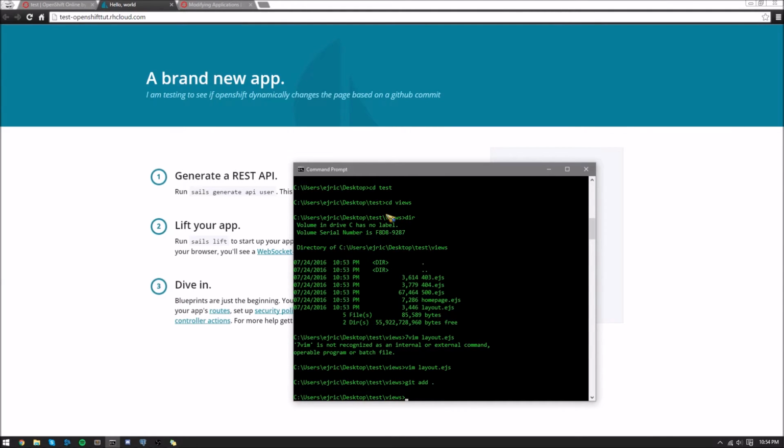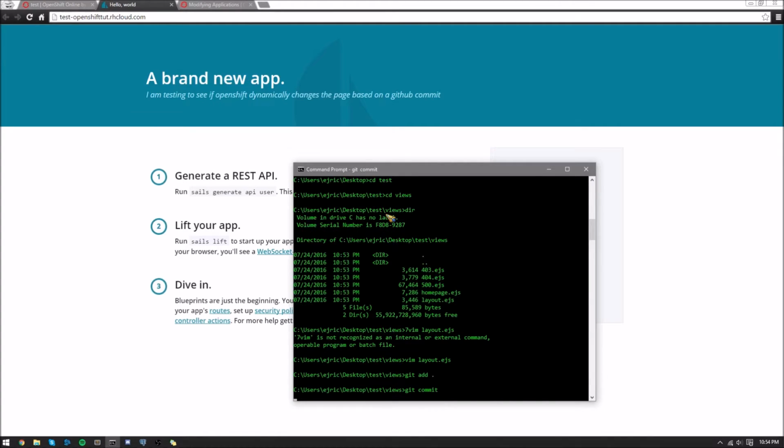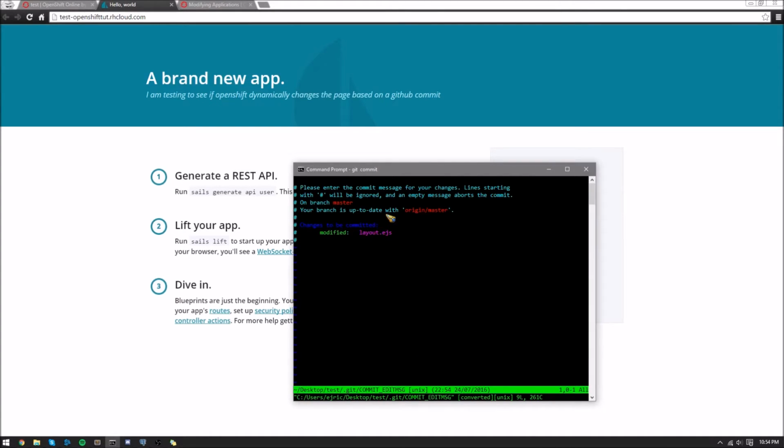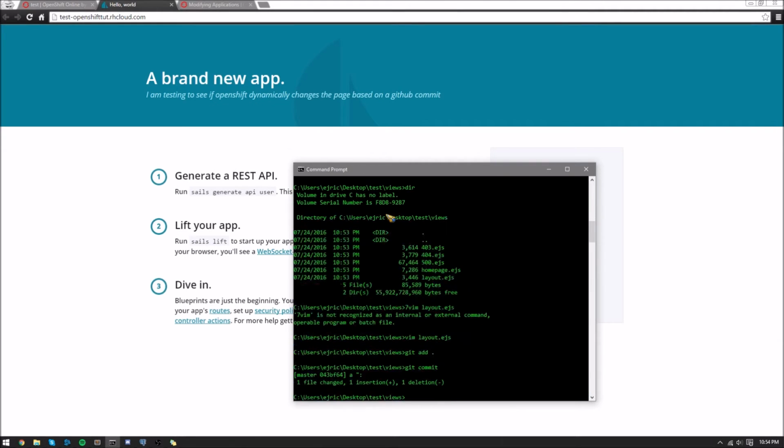This will queue all of the files and differentiated files onto the commit lineup, and then you simply commit and just enter your changes, whatever. So you can see we changed one file, we added something to it, and now just type in git push,